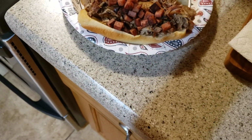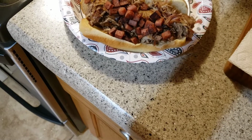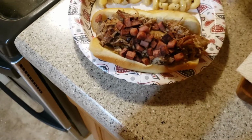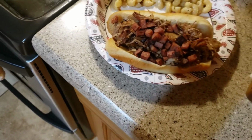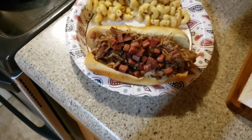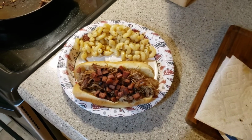And then right before the last bit of the Spam bits go on here, you probably want to call 911 because you might have a heart attack eating this thing before you completely get done with it. And then to top it all off,